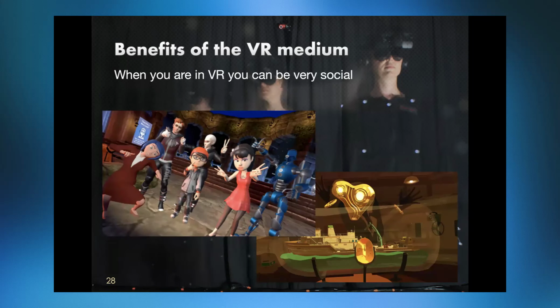Another one is that in VR, you can be very, very social. So when you get in VR with other people, it makes it somehow even more real. It doesn't matter what it looks like. It doesn't matter if you're a robot. It doesn't matter if you're a dog. It doesn't matter what you are, as long as you are with other people and you can communicate with them